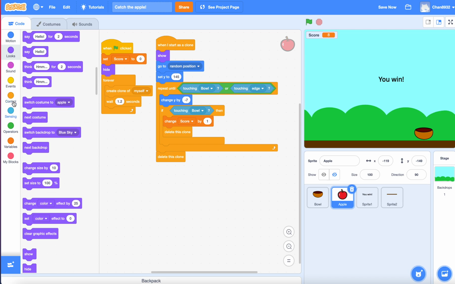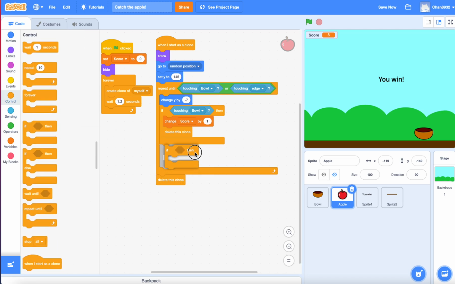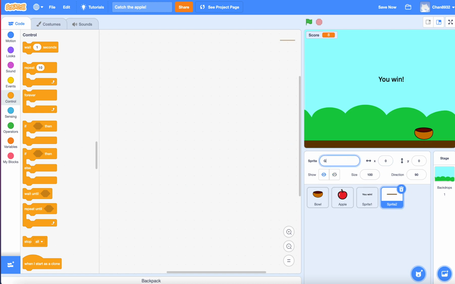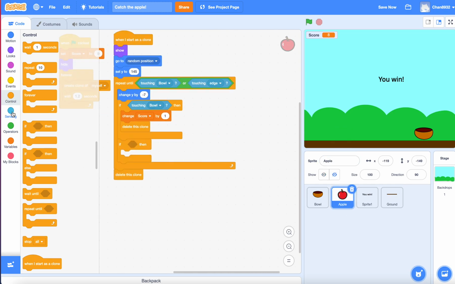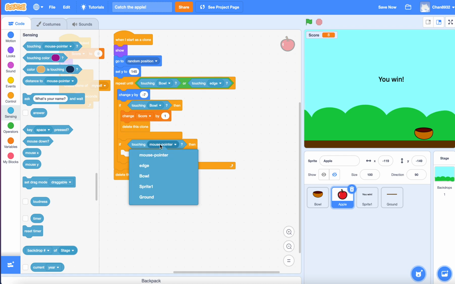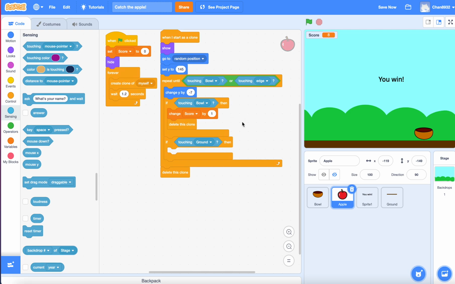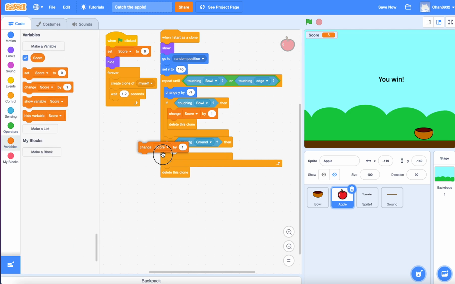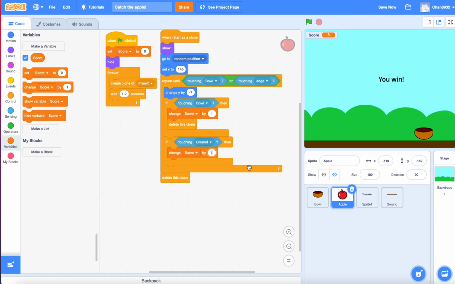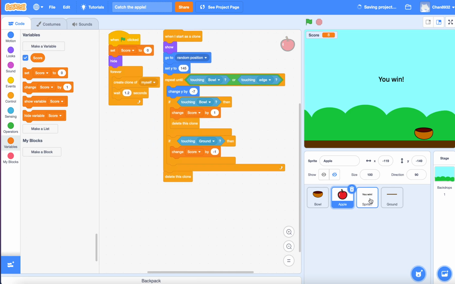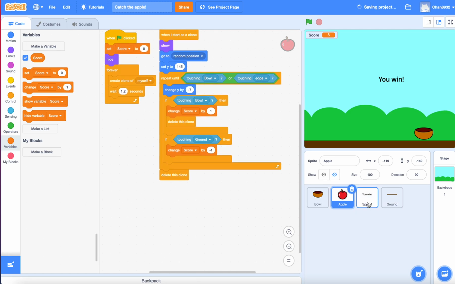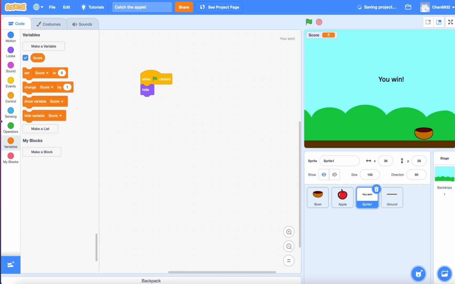So you want to add another if statement. So let's just name this the ground. So, if the apple is touching the ground, then we want it to change score by, this time minus, how about -1? And then I'm gonna go here,